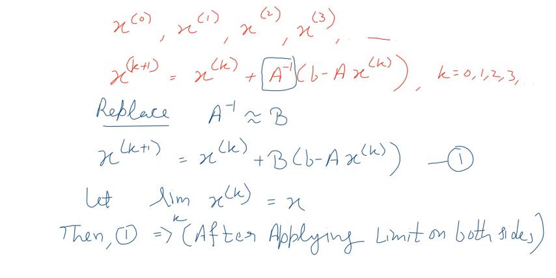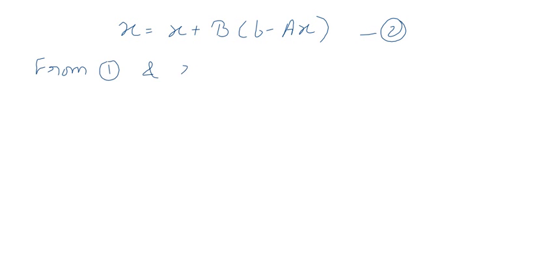So what you will get is x equals x plus b times b minus ax. So that is 2. Now from 1 and 2, what you will get is xk plus 1 minus x equals xk minus x plus, so b will cancel, so you have this is a minus ba